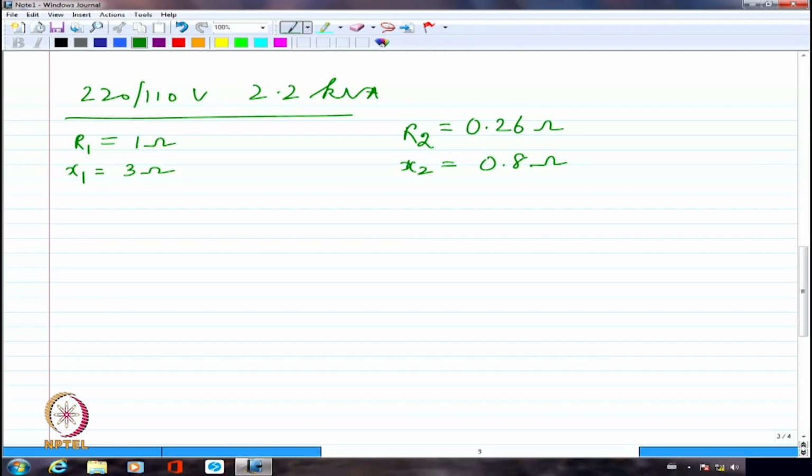So you are going to have high voltage, high impedance. Low voltage, lower impedance. That is the manifestation. All these confusions will be eliminated if you are doing per unit. Because if I look at it here in terms of per unit impedance, we said base impedance in this particular case on the 220 volt side